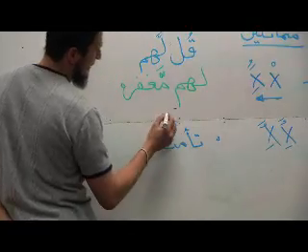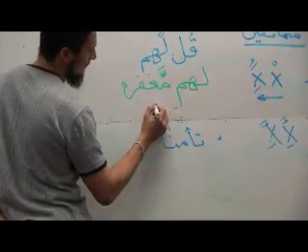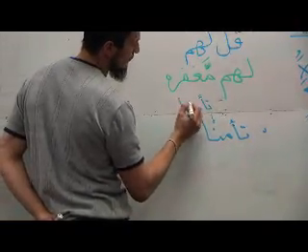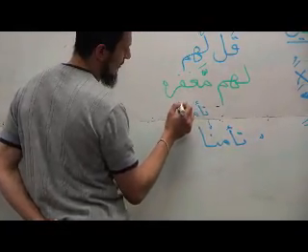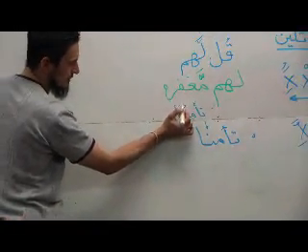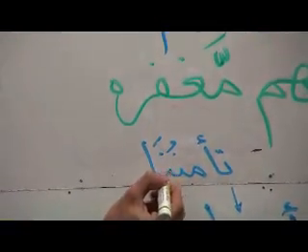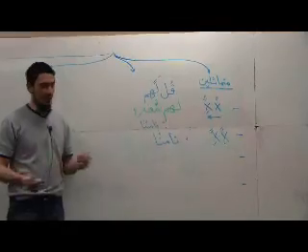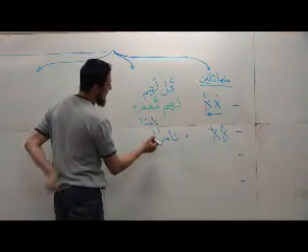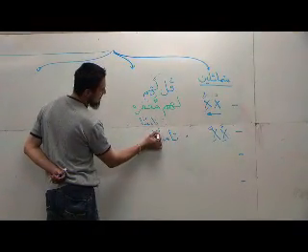This word in origin, where should we put the origin? In here above it. It used to be ta'manuna. Notice one has dhamma on top of it, the second one has fatha on top of it. They're 2 different movements. You can say ta'manuna, but for the ease of the language, when the Arabs have something difficult like that, they'll drop one and merge them both together. And that's why you get ta'manna. But this is a special case.